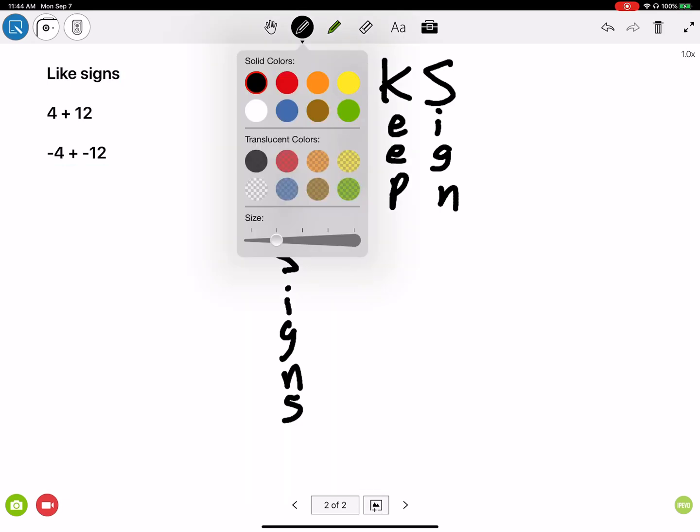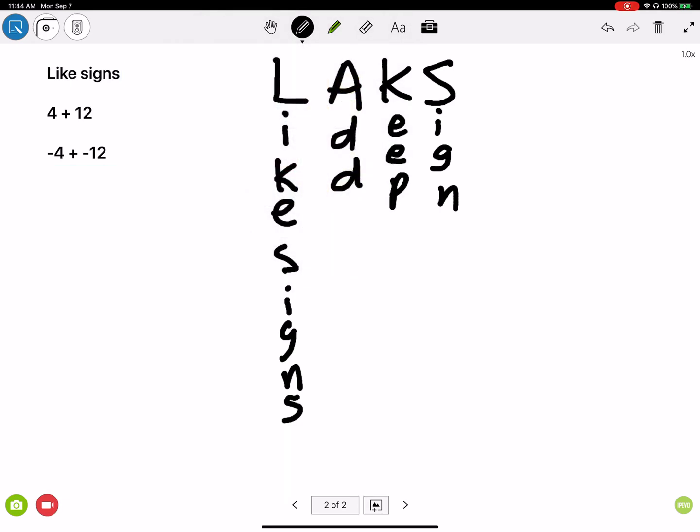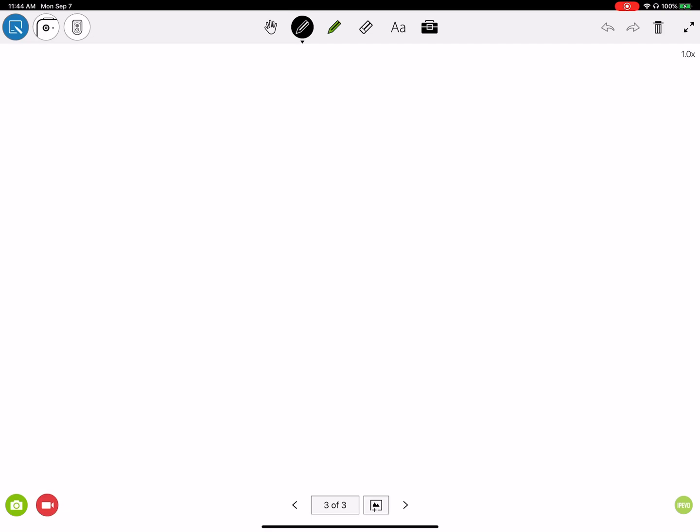Let's do this. I'm going to put the equal sign here. Equals 16. And then negative 4 plus negative 12 equals 16. But since they're both negative, I get negative 16. Okay, it's that simple. As long as the signs are the same, you just add them and you keep the sign. So for example, if I gave you these problems,